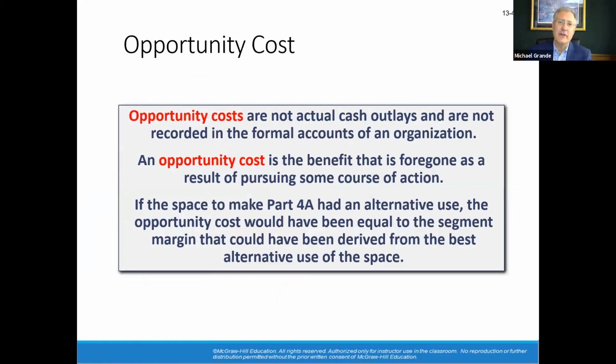However, what's an opportunity cost? Opportunity costs are not actual cash outlays and are not recorded in the formal accounts of an organization. An opportunity cost is the benefit that is foregone as a result of pursuing some course of action. For example, if the space to make Part 4A had an alternative use, the opportunity cost would have been equal to the segment margin, that's sales minus variable cost, that could have been derived from the best alternative use of